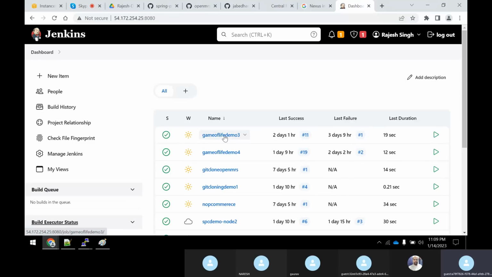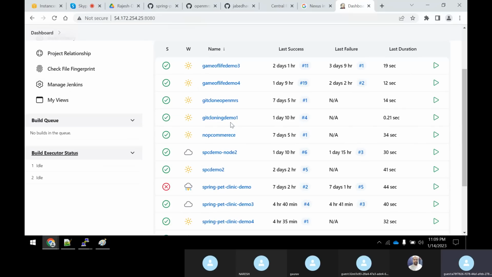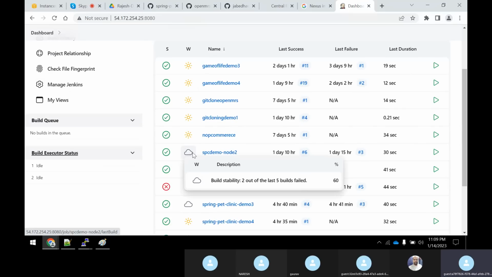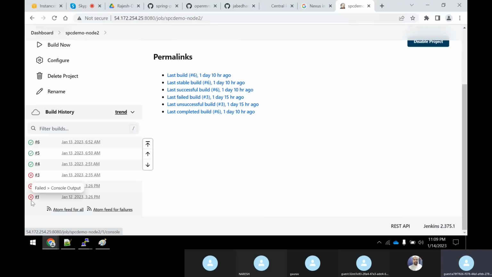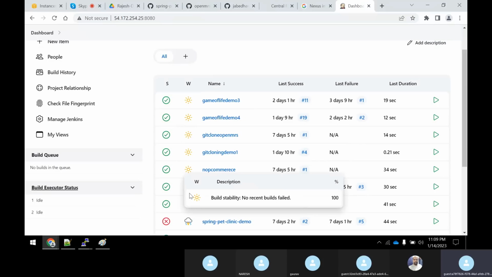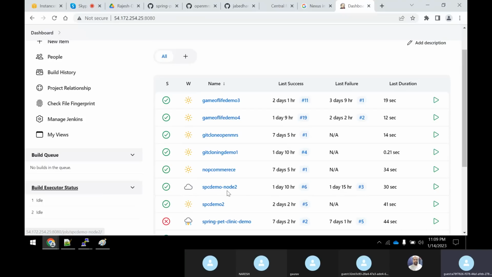It means that most of the builds, whatever you are getting here, build number 9, 10, are all success. It means that now this project has become more and more stable. It means that the Jenkins job execution output is always passing. Now, some of them are cloudy. Cloudy means it is not that stable. Some of the projects have failed many times, some have passed very few times. That's the reason you could see something like cloudy. By seeing this symbol, any Java DevOps engineer will understand what type of builds have happened under this project.